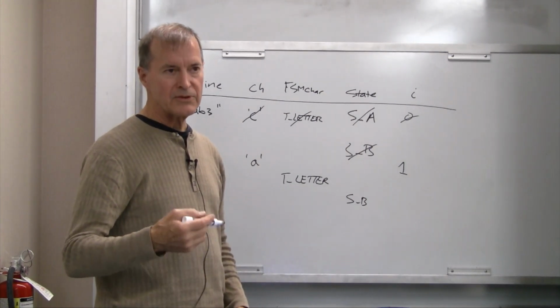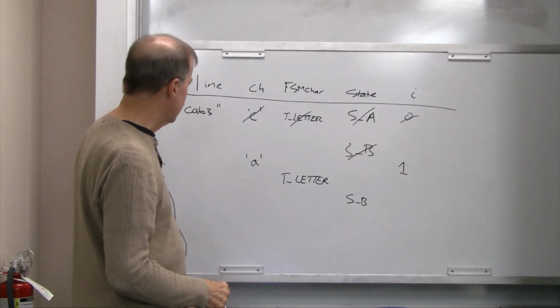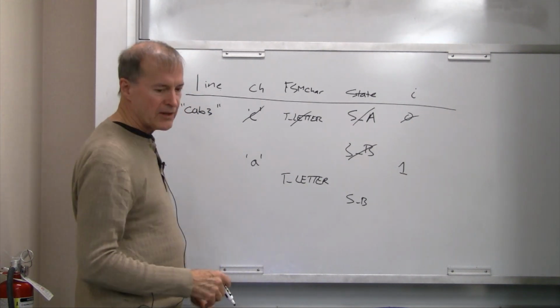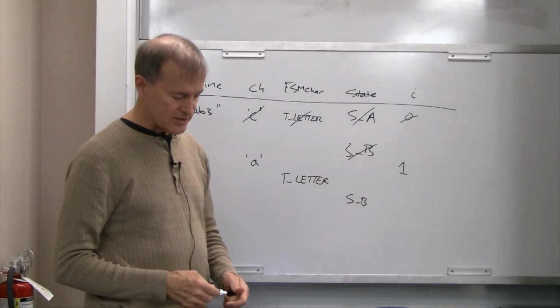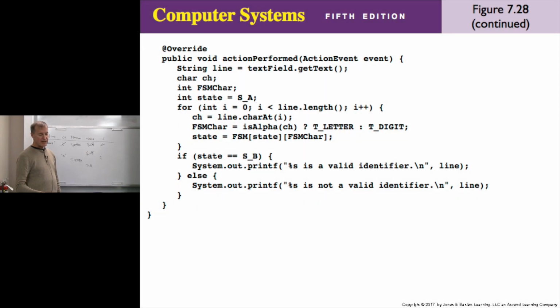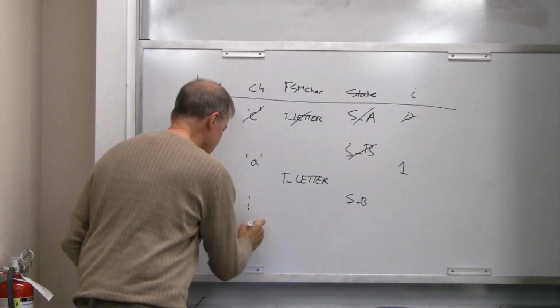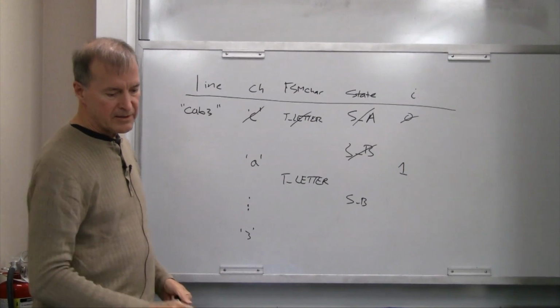So now do you see how we just go on till we get to the end? And so what's going to happen? It'll be C, and then A, and then B, and then what will happen? I don't want to take the time to trace this every step, but do you see how to do it? So what's going to happen the last time around? The CA, I will be 4, right? Char at 4 will be a 3, so eventually this will be a quote 3, and then